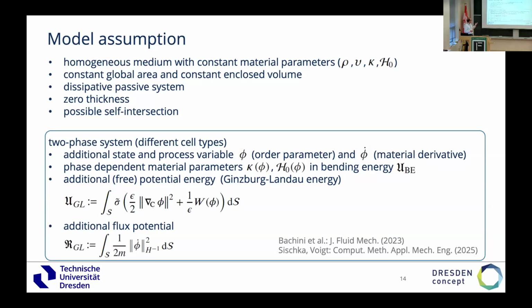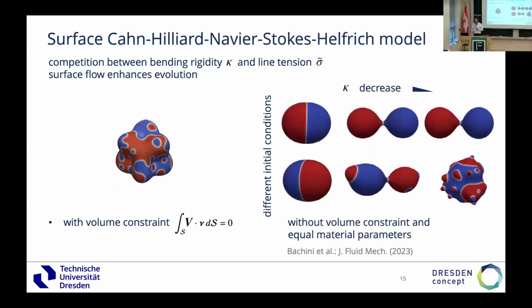Okay, and we need a different flux potential to relax our phi field, and here we use classical Cahn-Hilliard type dynamics. Okay, so we can do this, and now we somehow have a competition between bending and this line energy